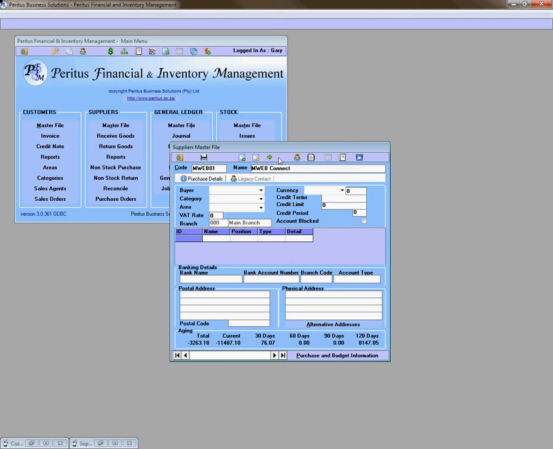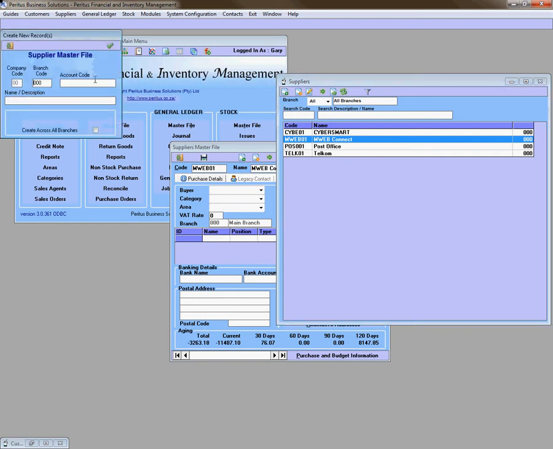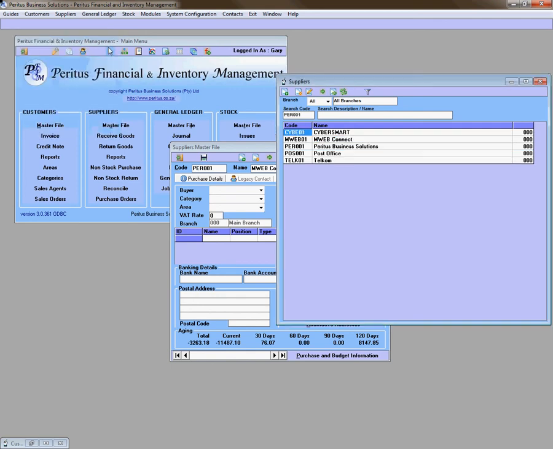Right now we are going to be focused on the creation of new master files, and to do that you select the new item with the green plus. Once you've got the new item, you can capture your account code and then capture your name or description. I am going to create Peritus Business Solutions today as a supplier, and you will see here it appears in